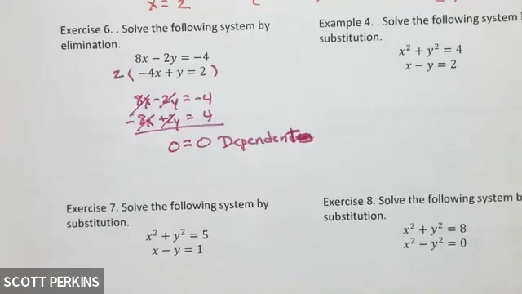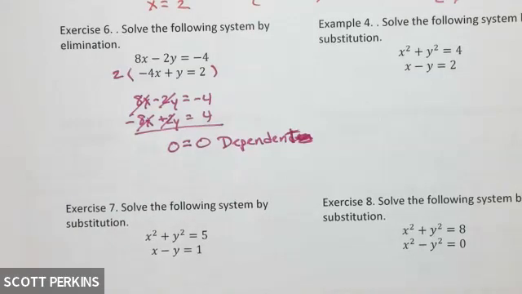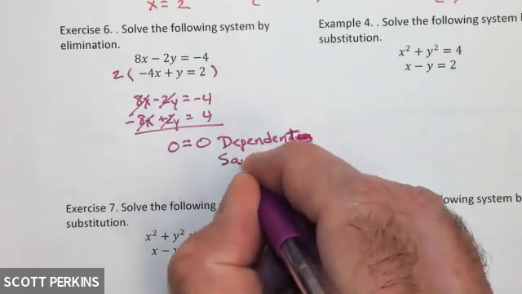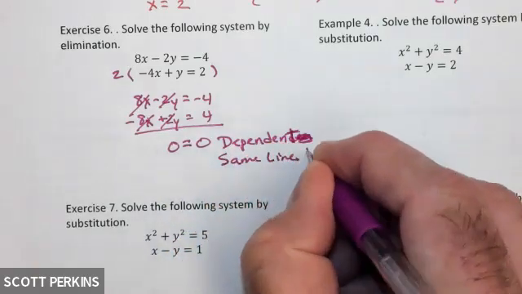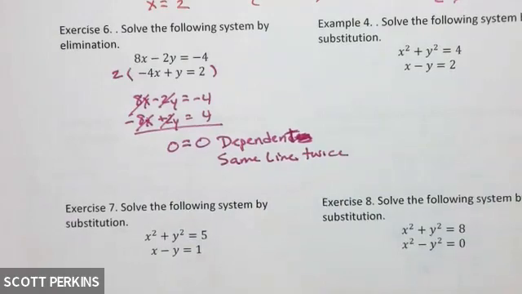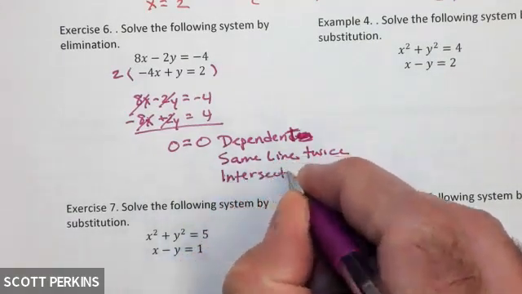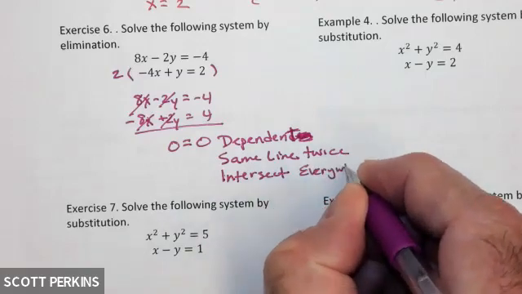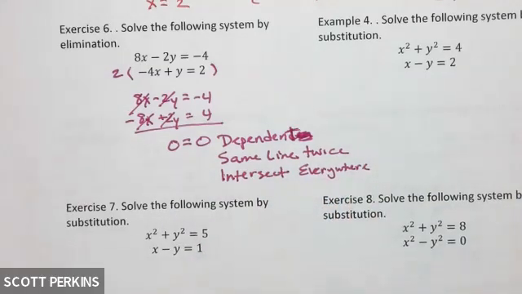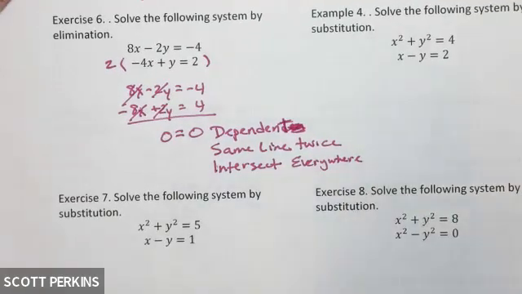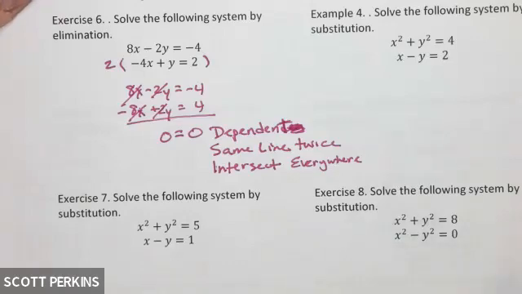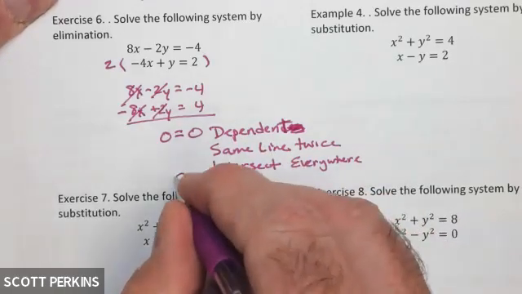What dependent means is that you have the same, in this case, the same line on top of itself. Okay, it's the same line. And so what that means, we have the same line twice. So what that means is they intersect everywhere. Again, I'm just giving you notes. You don't have to write all this. This is hopefully helping you understand a little bit. So the solution set is the whole line. Okay, so the solution set